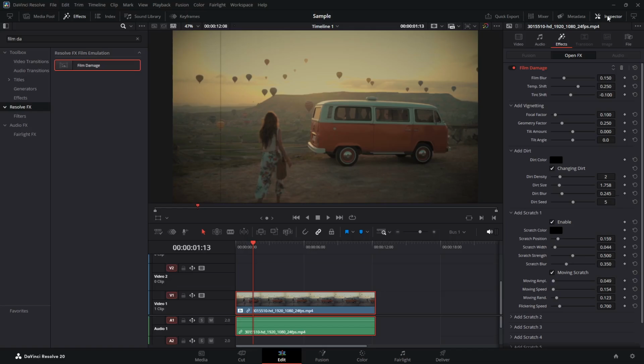Within the inspector, you'll see a tab labeled Effects. Click on that and then look for the option that says Open FX. Clicking this will expand the full range of parameters available for the film damage effect you just applied. Here's where the real magic happens. You now have access to a wide variety of settings that let you customize the old film look to match